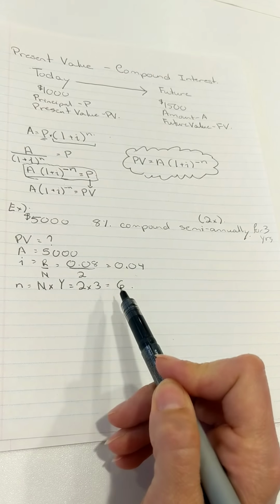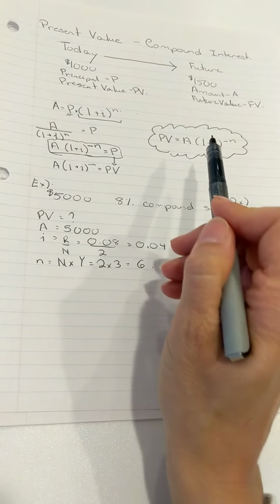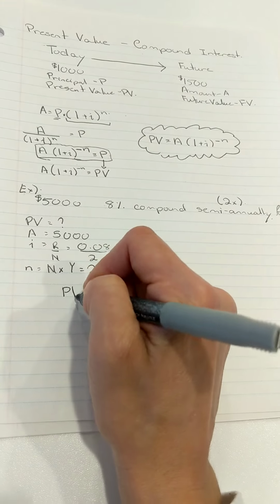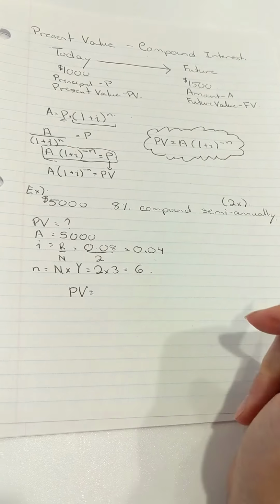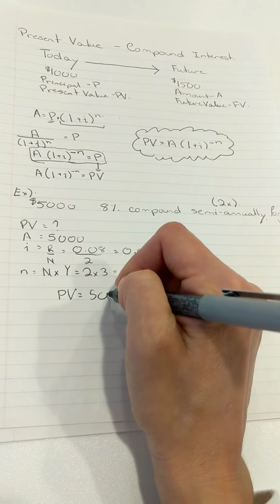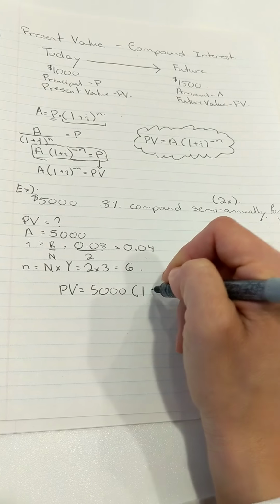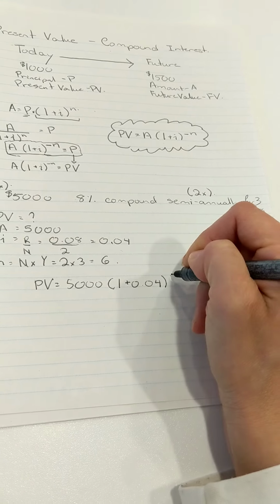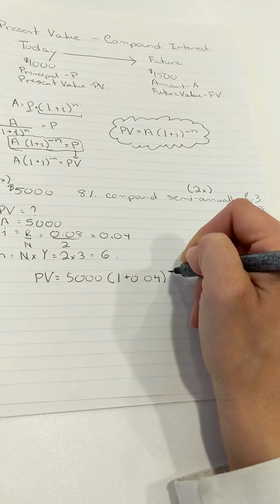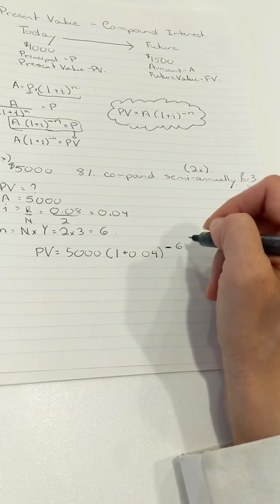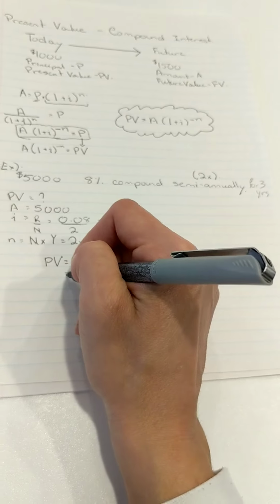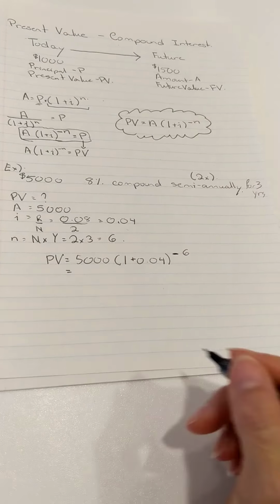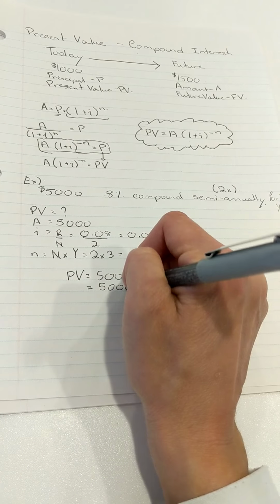So we've got all of our new little values. I'm going to take my new formula, my rearranged compound interest formula, and I'm going to substitute all of these in. So PV is going to be 5,000 times 1 plus 0.04 to the negative 6. Remember, this exponent is negative. When you plug those in, just give me a second. Okay, you should get 5,000 times